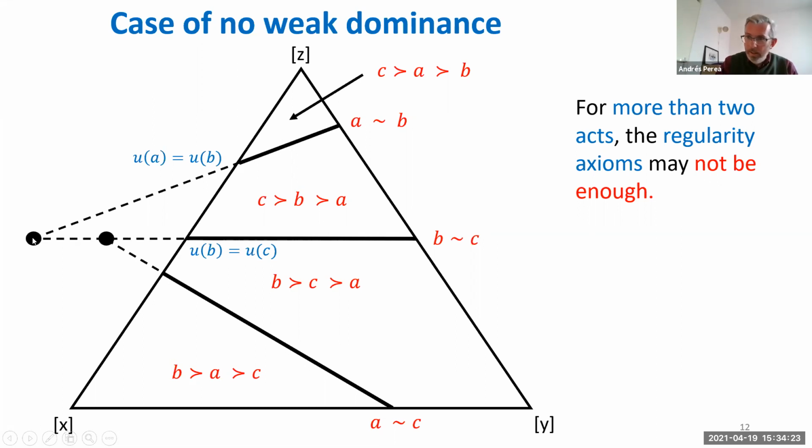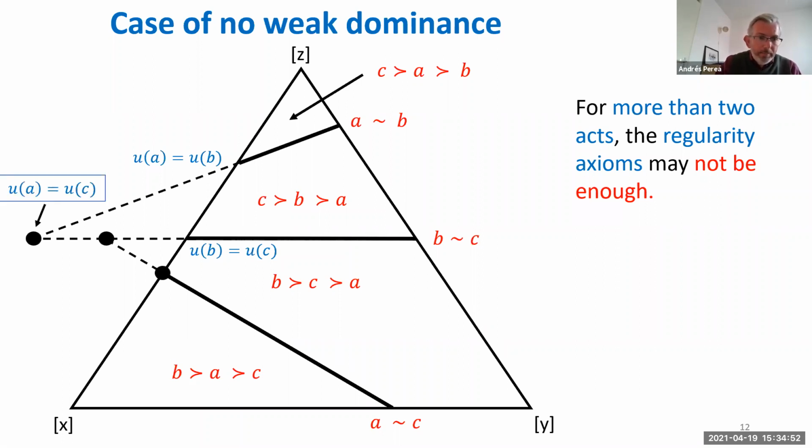In this point here, outside the belief simplex. So it's not a belief, right? Because some of the probabilities are negative, or people would call it signed probabilities maybe. But for this point here, the expected utility of A and B would be the same. The expected utility of B and C would be the same. Hence, the expected utility of A and C would be the same. But then,